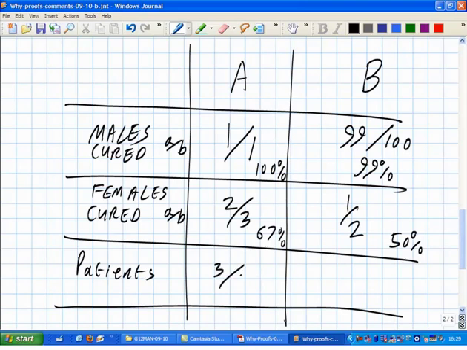We got 3 out of 4. Is that right? 75%? But over here, we've got 100 out of 102. I don't know how many percent that is, but it's about 98%. Anybody got an exact number? It's a lot, anyway.